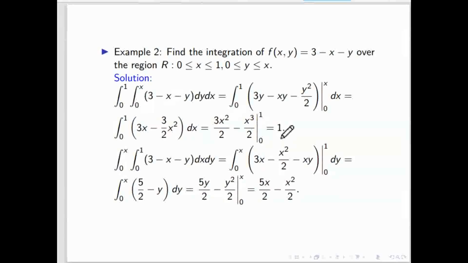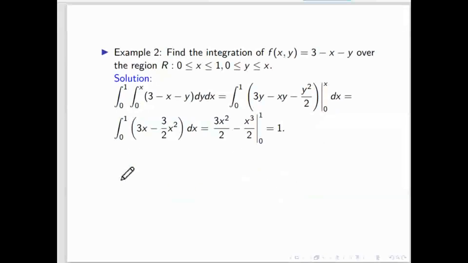In this integration we got 1, and once we reverse the order, like here with respect to y first and with respect to x, the answer is coming 1. So now with respect to x and with respect to y, we got this one, so that is not the correct one. So what we will do, we'll change the order of integration, whatever we learned now. We'll draw this picture, and based on this picture, we'll change the order of integration.